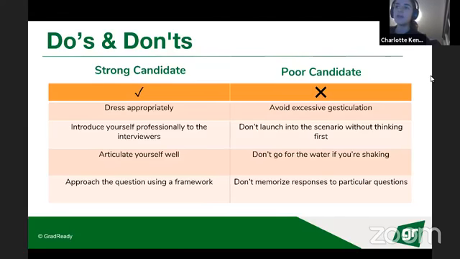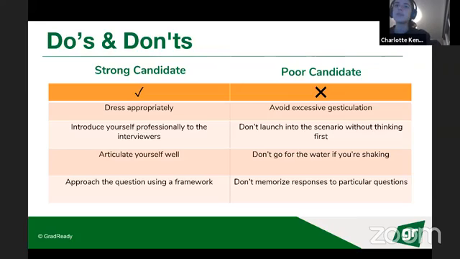I dressed halfway in the middle, but a good rule of thumb is smart casual, something that you're comfortable in. If you're a girl, don't feel like you need to wear heels and a really formal suit. If you're a boy, you don't need to wear a suit either. Just make sure you're tidy, polite, and dressed for the occasion, like you would be meeting someone who's a bit older and more conservative, because the examiners do tend to be a bit older and sometimes it's good to keep that in mind.